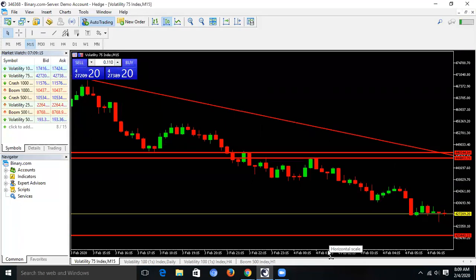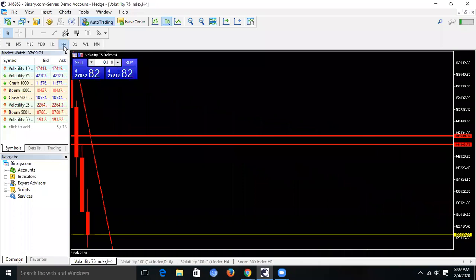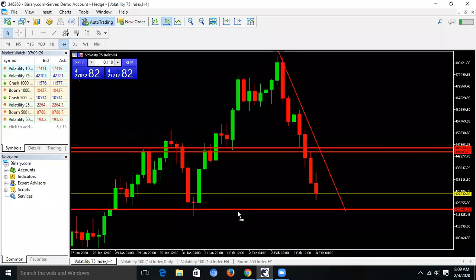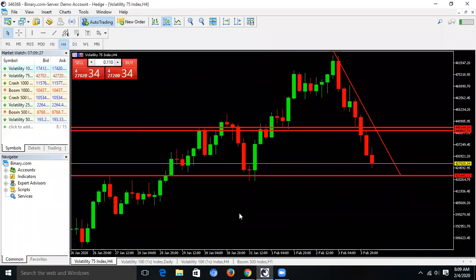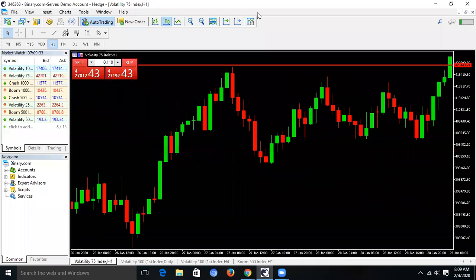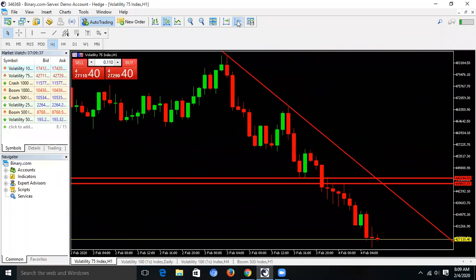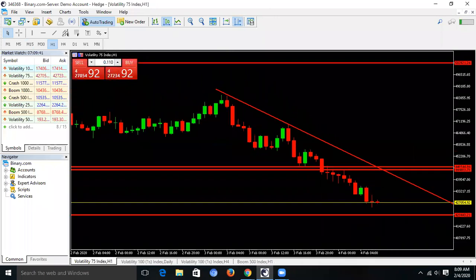So every candle has its way of interpreting the market. It's not always the same. It can't be the same. If I show you 4 hours now, 4 hours tells you that it is red, but it's not a good red. It's a red that is okay, it's still red. So it must not be the same. Every 4 hours has a different analysis about the market. Every time frame. So if you're analyzing the market,